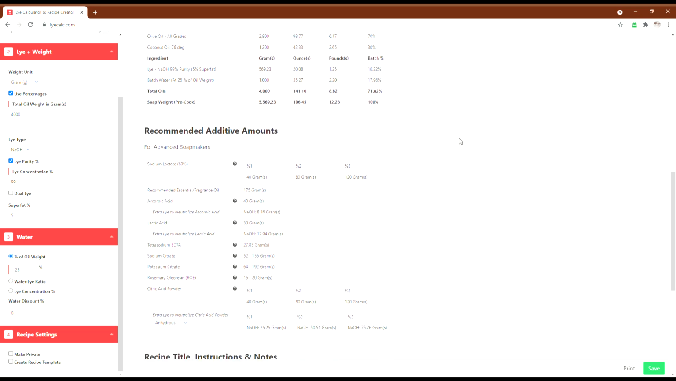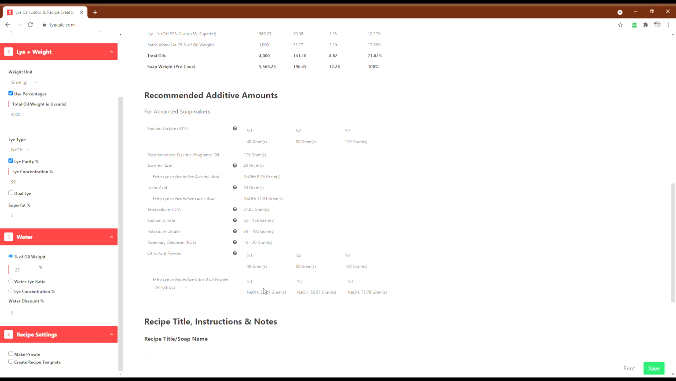and you definitely won't feel it or notice any difference in the finished product. And then obviously, because we've changed our oil amount, the sodium lactate 1% is not 10 grams anymore. It's 40 grams because it's a 4,000 gram or 4 kilo oil batch, and the same with 2% and the same with 3%. And that's the same also with citric acid. The values change, and actually all the values here will change because it's based on your oil weight and the extra sodium hydroxide needed to neutralize or bring your soap recipe back to equilibrium,